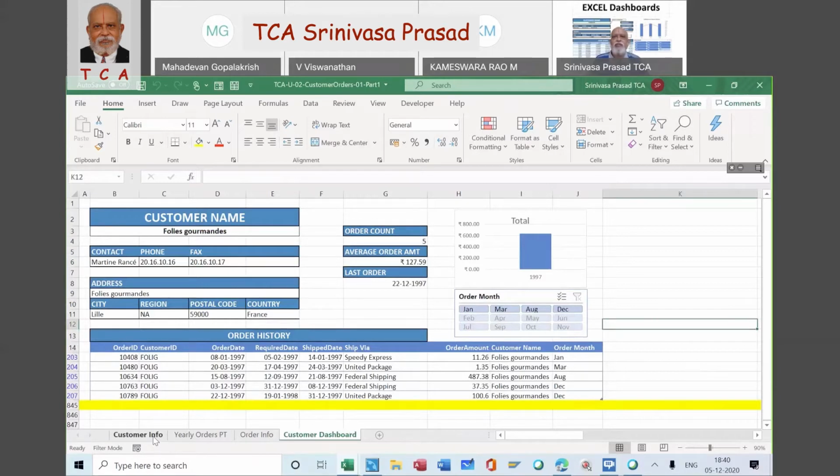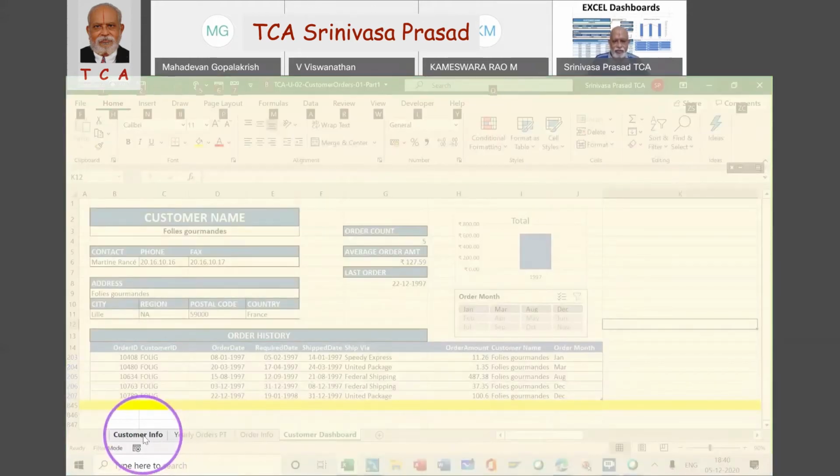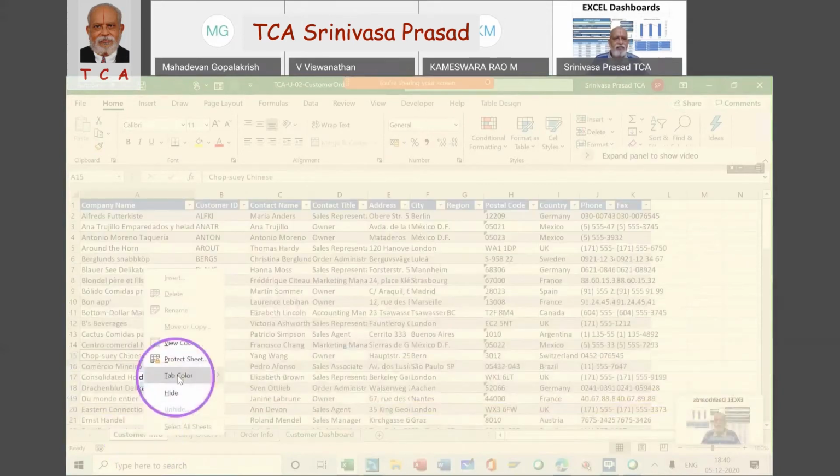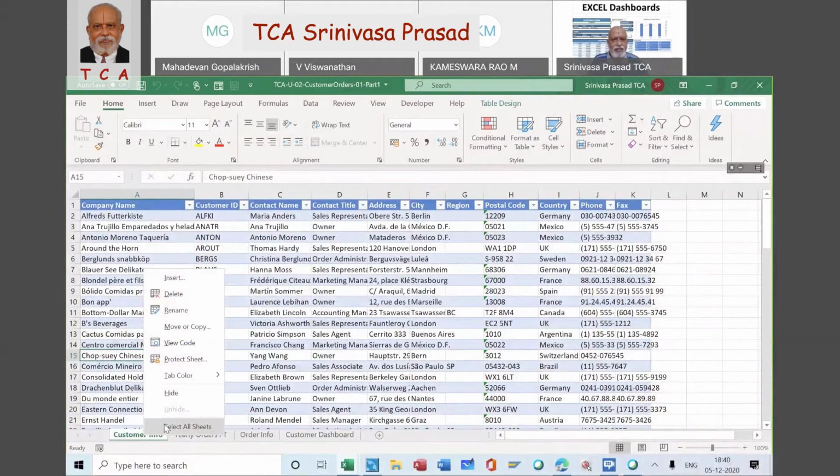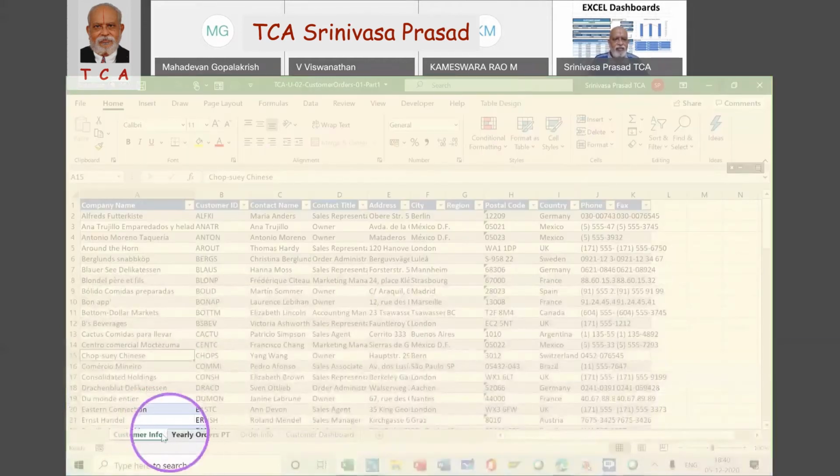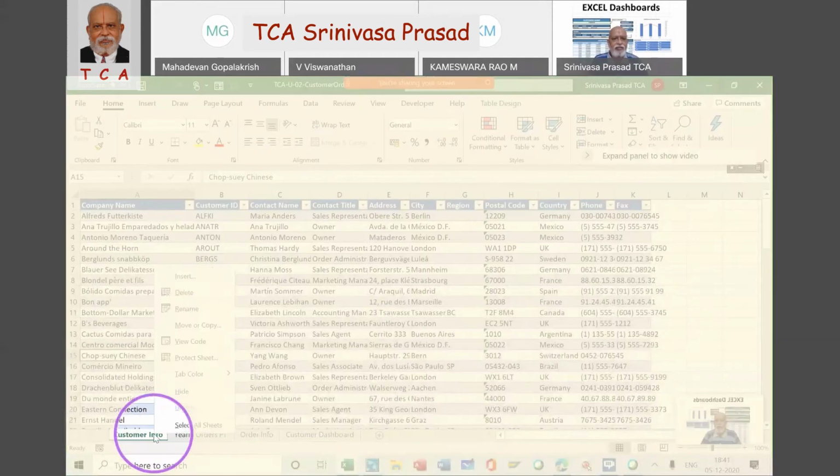But we cannot remove these worksheets. Please remember, if you remove them, then the whole thing will go to waste, because the references of this dashboard are from these sheets only. So all we have to do is go to customer info, right click the tab, and you will have hide there.